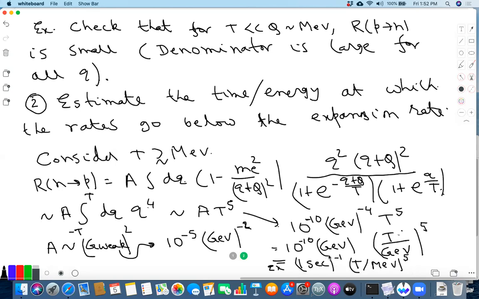Is this clear how to do this? Right? Because this we have been doing many times, right? You know that this has to have the unit of 1 over second because it's a rate. This is dimensionless. So this of course is simple. T over GeV, we write as T over MeV, T over 10 to the 3 MeV, right? So that gives a factor of 10 to the minus 5. And now you basically have to convert this to seconds, so you can either do it directly or you first convert it to the Planck scale, Planck time, and then convert it to seconds from there. Anyway, so this you can easily do. This is an exercise.